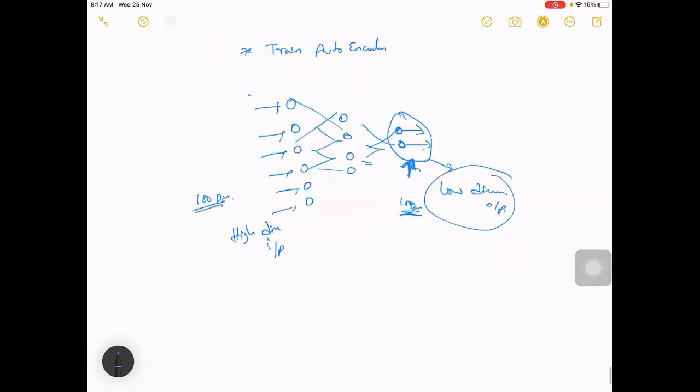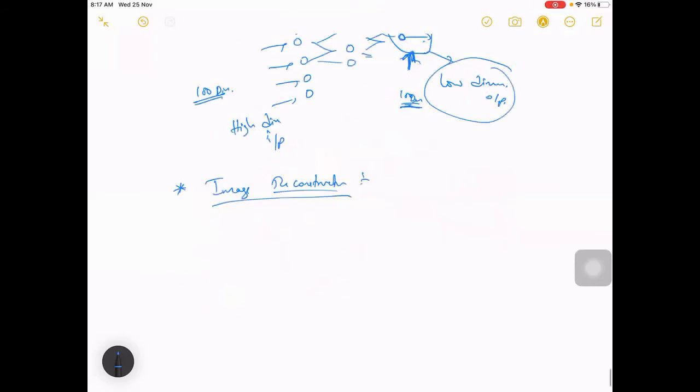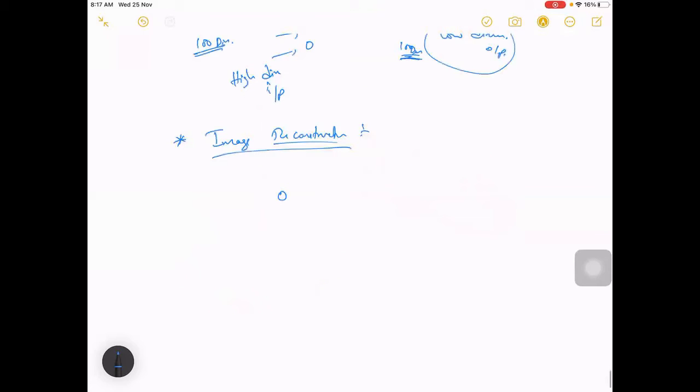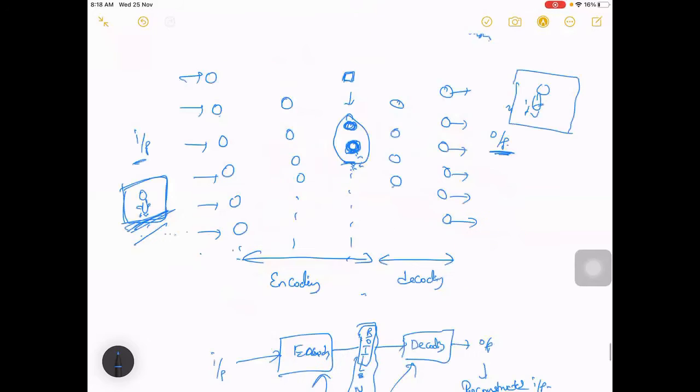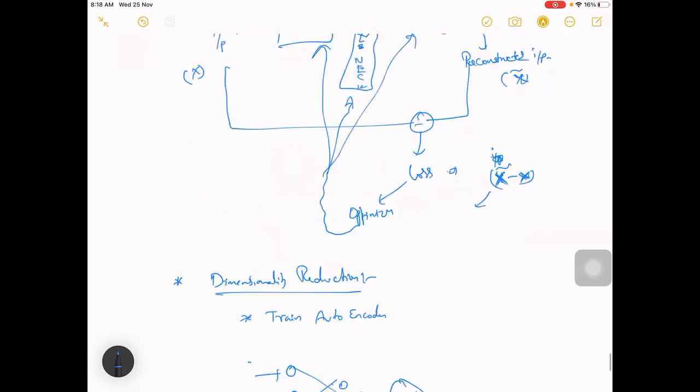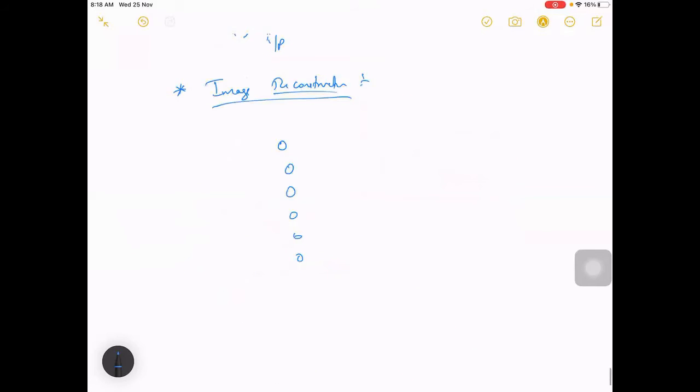And one more thing can be like this. Usually in images, they use it for image reconstruction or image cleaning, something like this. This need not be just fully connected layers, even though I draw only fully connected layers here. It can be convolution layers as well. Usually in images we try to have convolution layers, right? So in case of image reconstruction, what it'll try to do is, again like this.